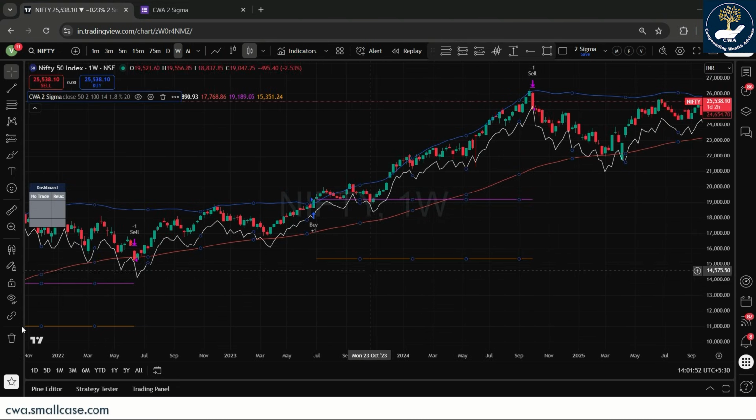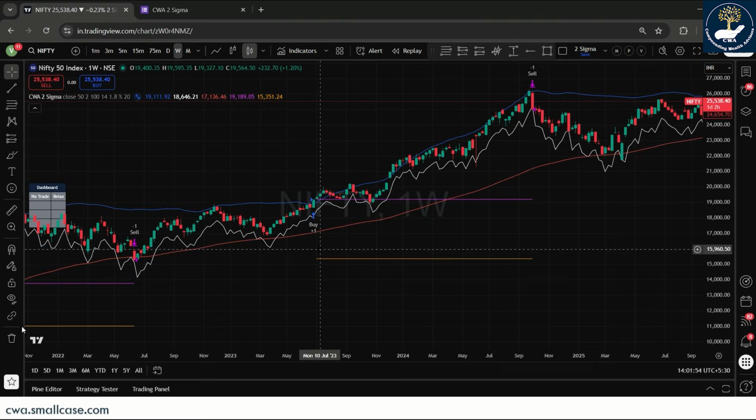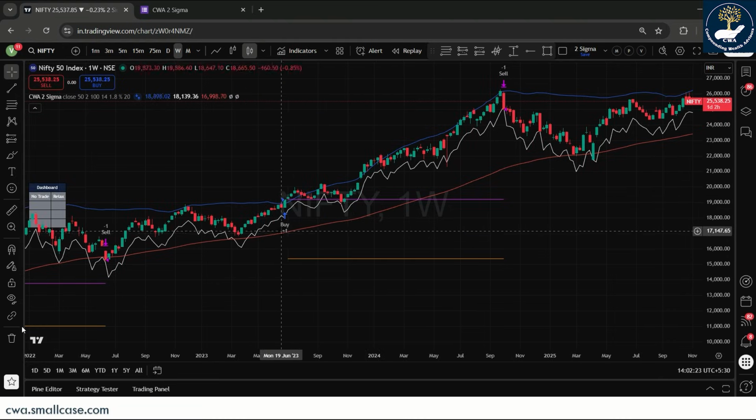So let's take a few examples. In case of Nifty, all these examples are being taken on a weekly time frame. This is an equity investing strategy. So on June 26, 2023, the weekly close of 19,189 was above the upper Bollinger Band having value of 18,911, which is where a buy signal was generated. So this would have been a Friday. So the action is to be taken on the next day, which would be the Monday, and say Nifty is to be bought in this case.